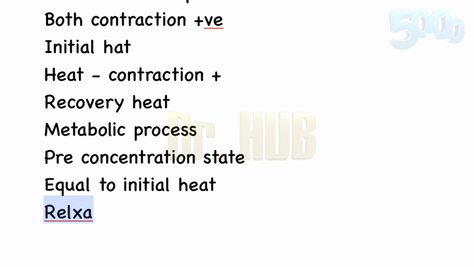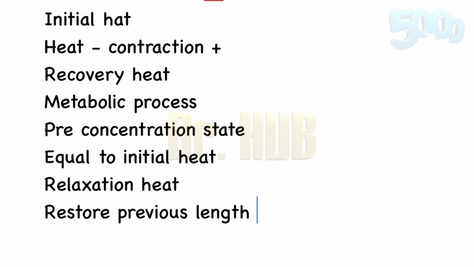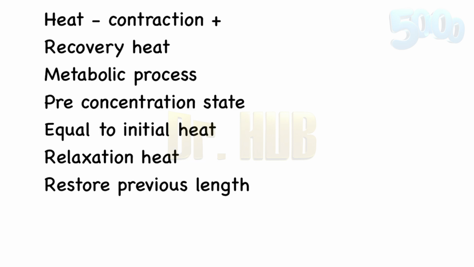Next is something known as the relaxation heat. The relaxation heat is the heat liberated by the muscle to restore its previous length. So here is a difference: for isotonic contraction, yes, it is positive, whereas the isometric contraction is going to be